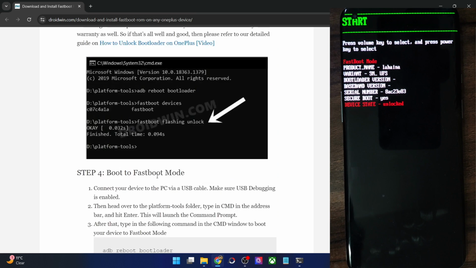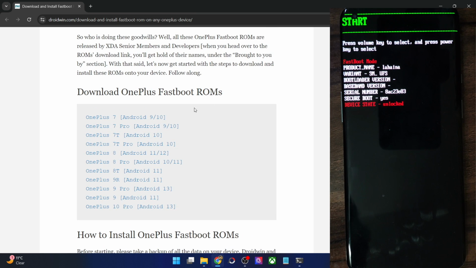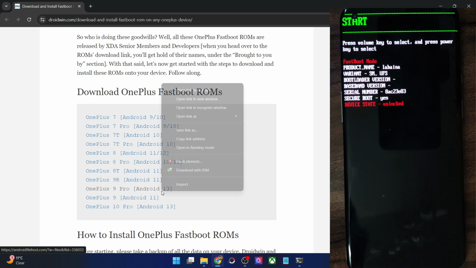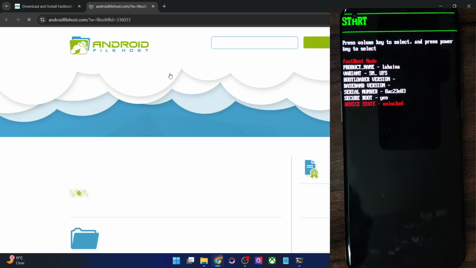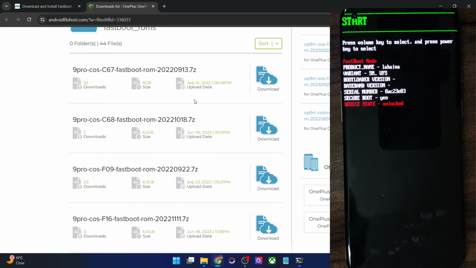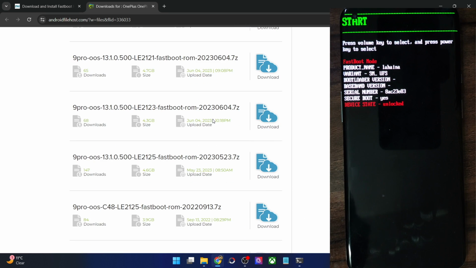So make sure to get hold of the ROM file from here. It's always recommended to get hold of the latest firmware, latest ROM file. So for instance, let me show you. As of now, you could verify the same from the upload date. As you could see, it's not sorted by the date as of now, so just make sure to sort by date. And moreover, there are two versions as well as the region.